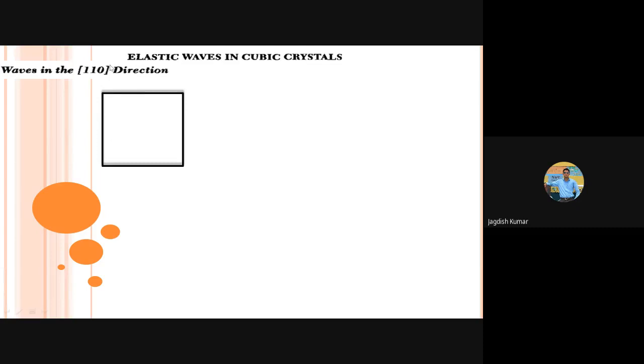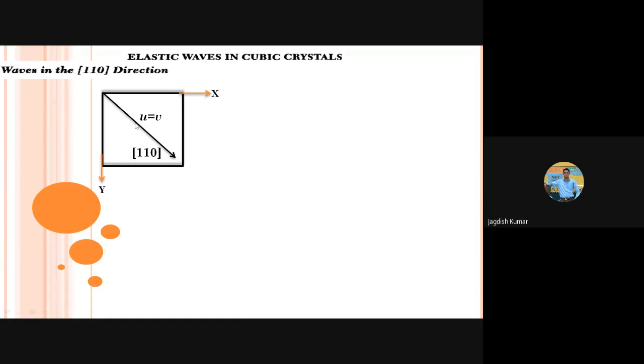So if you view a simple cubic unit cell from the top, or from the z-axis, it would look like a square of this kind. And here, this direction is representing the 110 direction, because if you see, this is the y-axis, this is the x-axis, and the z-axis is perpendicular to the screen. I'm sure you all are comfortable with these directions, so we don't need to go much into that. But now we have to visualize how u equals v represents a wave propagating, or particles oscillating, along the 110 direction.